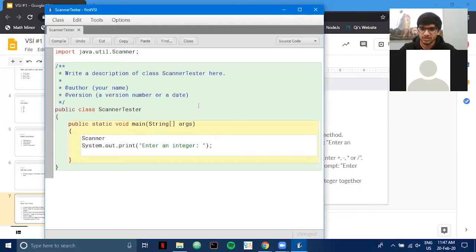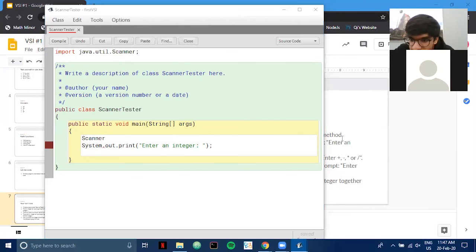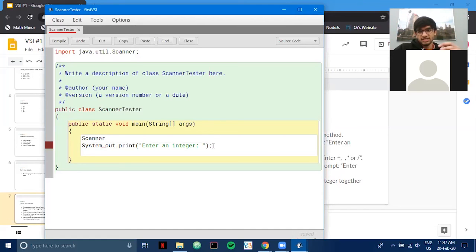But first, what Jan did is right, but since we want an integer here, because we're asking for an integer, what you're doing basically converts whatever the user types into a string. So if the user types in 5, it would be a string and not an integer. It would be like a character 5 instead of the number 5. So how you basically get an integer is